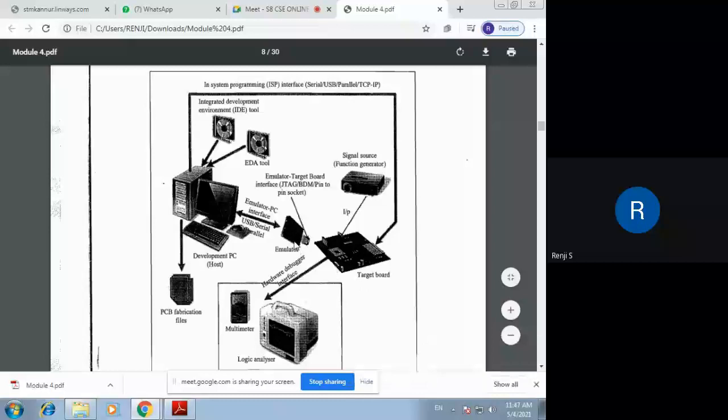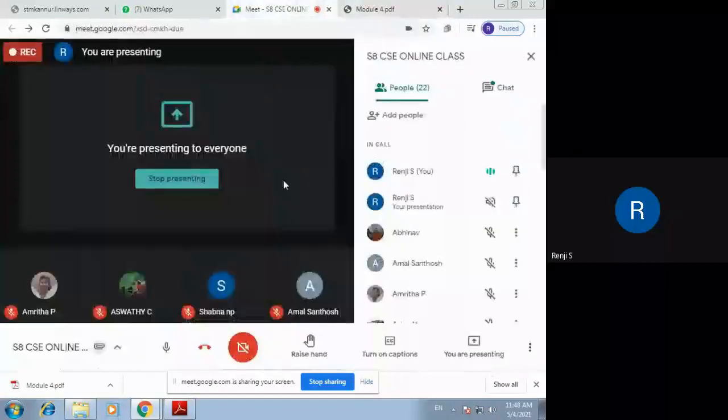You can use this emulator to emulate all the functions of the target board, and it can be used instead of the target board in order to check the functionalities that have been built in the PC. Now, if you connect this emulator to your PC, this emulator will act as the target board. It substitutes all functionalities of the target board, and it helps you to debug the target board, to check whether all functionalities that have been built in your firmware are functioning on the target board.